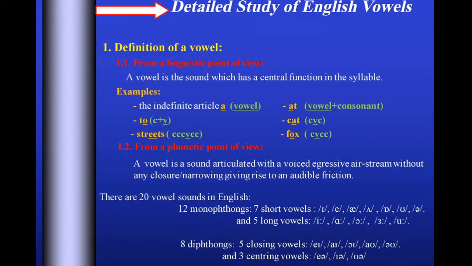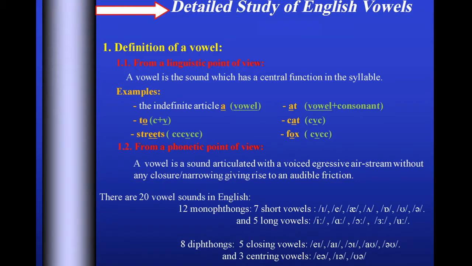Like in at, we have a vowel then a consonant. In to, we have a consonant then a vowel. In cat, we have a consonant, a vowel, then a consonant. In streets, we have a consonant, then a consonant, then a consonant, then a vowel, then a consonant, then another consonant. Notice that in streets, we have double E, which is pronounced as one vowel sound, which is long E. In fox, we have a consonant, then a vowel, then a consonant, then a consonant. You can notice that X is composed of 2 consonants, not just one,